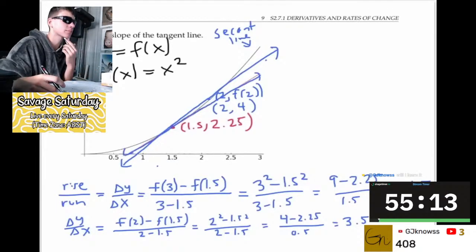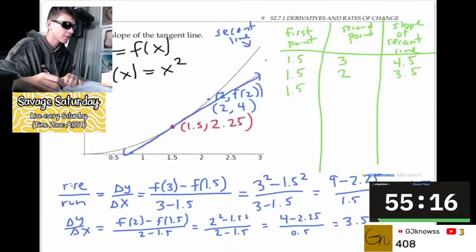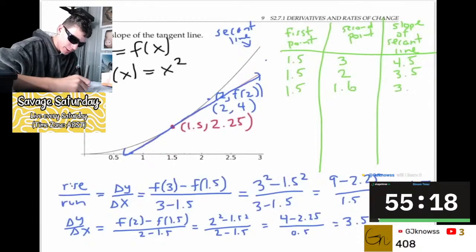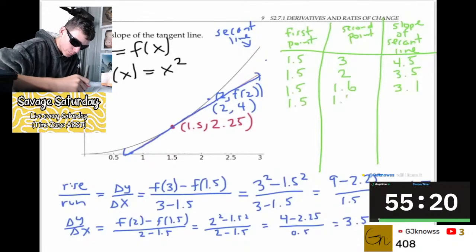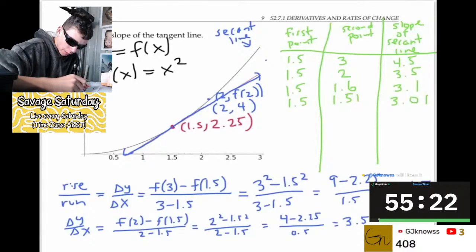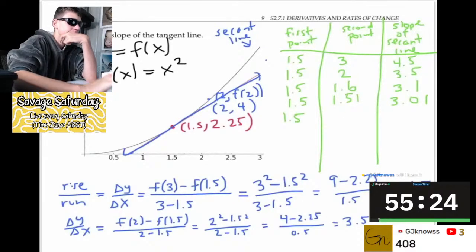Let me make a little chart for this. For my next secant line, I could take my second point something pretty close to 1.5, say 1.6, and after some arithmetic, I get a slope of 3.1. I could take my second point to be 1.51, that's going to give me a slope of 3.01, and so on. To write this more generally, if I take my second point as x,